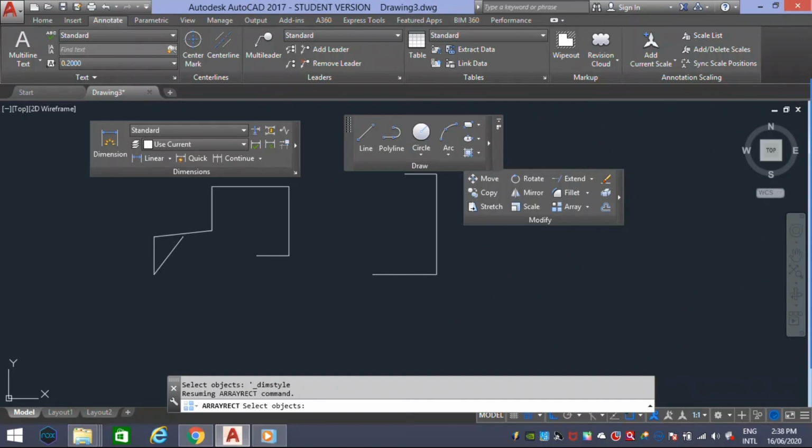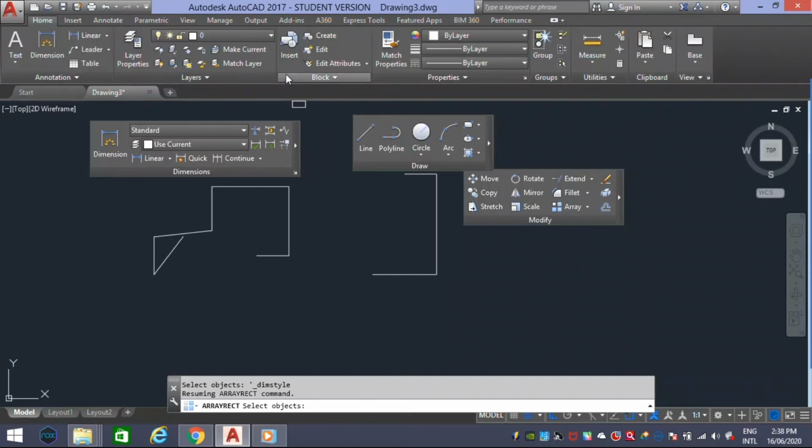And our next toolbar is layers, LA enter, which provides a choice of layers and layer settings defined in a drawing to make current. And here we have layer properties, which manages layers and layer properties. In this option we have three parts. First is on, next freeze and lock. To switch on the layer, we can use the first one, this bulb kind of symbol, and the second one is freeze, which is nothing but freezing the layer and hiding the option, and the last one is lock, completely locking the layer.